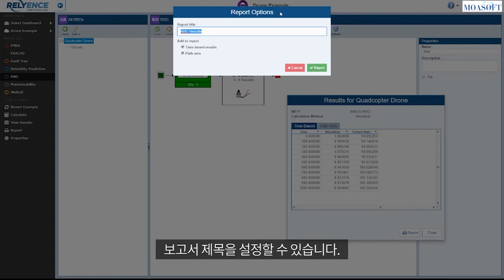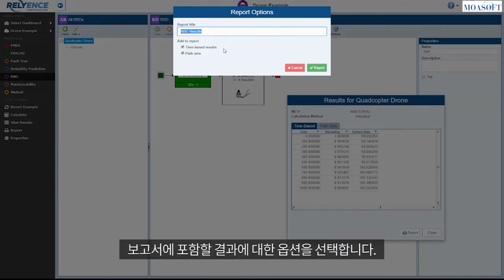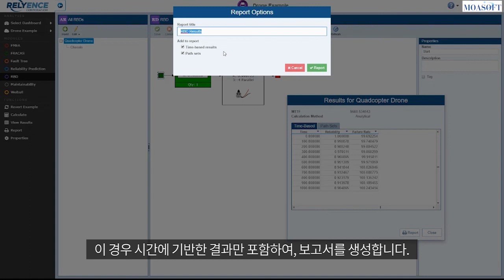The Report Options dialog appears. Once again, we can set a custom report title and select which results to include on the report. For this example, let's include only time-based results. So I'll go ahead and clear the Path Sets checkmark. And when I click Report,